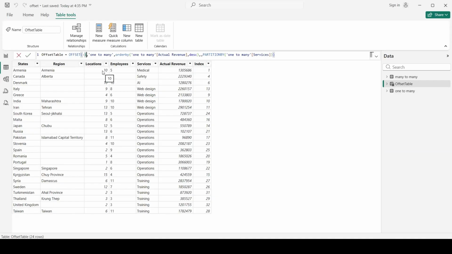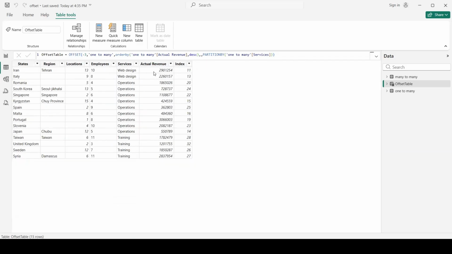If we say I want to take out the last 3 lowest values from each category, we just hit enter. And as you can see, in case of web design, the rest of the services have disappeared because they don't have three values, so they were excluded. But web design had 5, so the last 3 lowest values have been just taken out, and we still have 2.9 and 2.2.